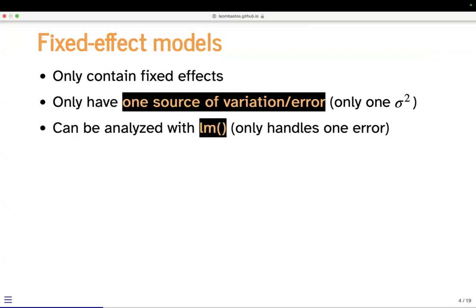In that case, in R, we can use the function lm if we're running a fixed effect model. The function lm only handles one source of error or variation, and a fixed effect model only has one. lm works well. If you've been working with SAS, this would be the equivalent of,